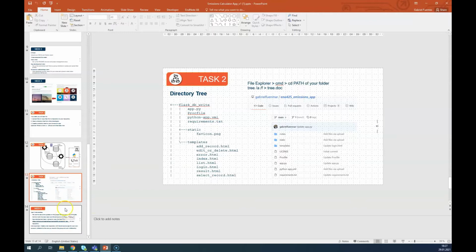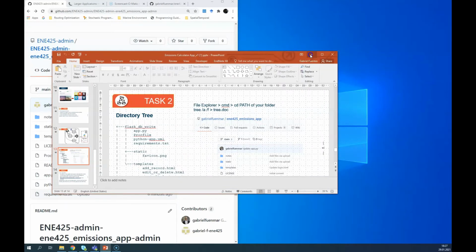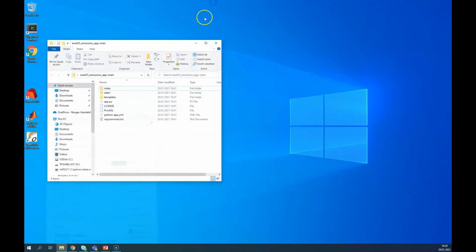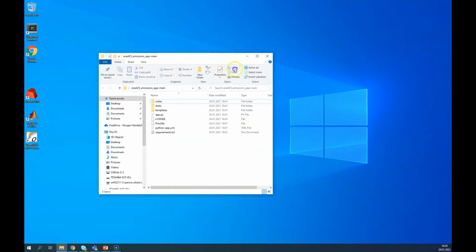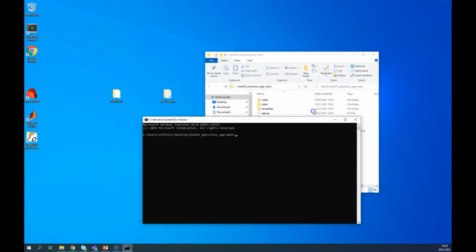Okay. So our next task will be: how do we create this automatically? First of all, if you remember, we got the folder that we downloaded from the GitHub central repository. We got it here. So the first thing we do is go to the file explorer tab, erase the path, and type CMD. That should open a command prompt like this,